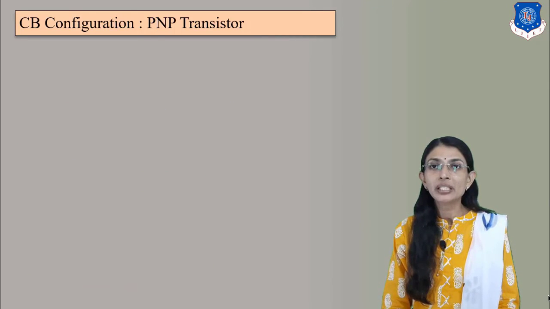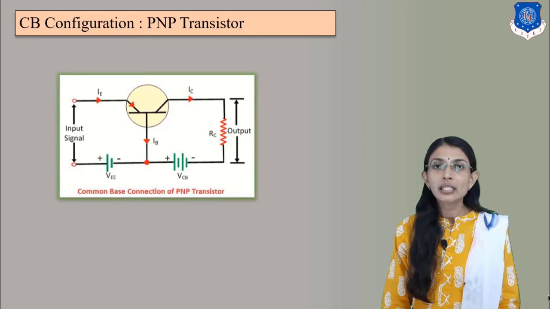Look at this. This is the common base configuration for PNP transistor. This is the circuit diagram for the other type of BJT. We have two types of BJT, NPN and PNP. We have studied the input-output characteristics for CB configuration but of NPN transistor. This is the circuit diagram of CB configuration with PNP transistor. In PNP, the arrow must be inside on the emitter, and the only change is the external battery connection for biasing, the rules are reversed. That means VEE and VCB will follow the rules of biasing.